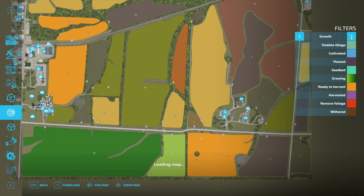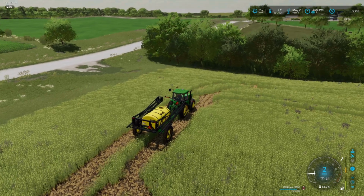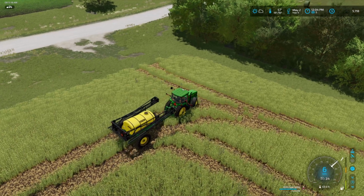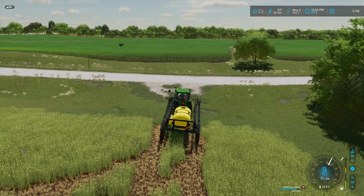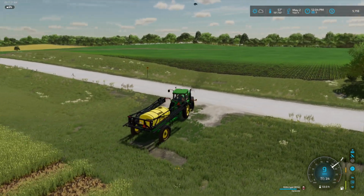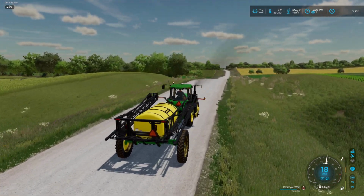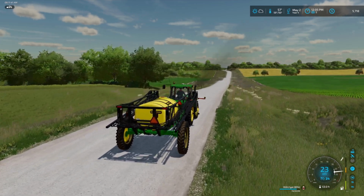We come in here and we take a look. Yeah, so we just sprayed this one. These are the twins that we're going to next. But then obviously you see our cornfield here needs sprayed for weeds, and these two fields up here also need sprayed. But that is not on our priority list at the moment, because those crops have quite a bit of time left until they are going to need it, I guess. I mean, they obviously have weeds, but it's probably a next month or even the month after job, depending on what we get into